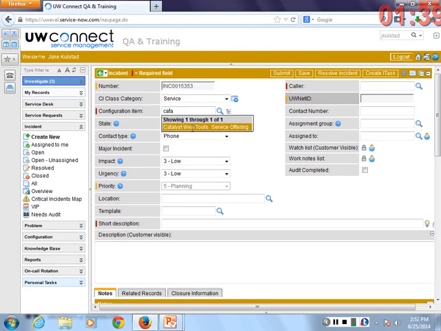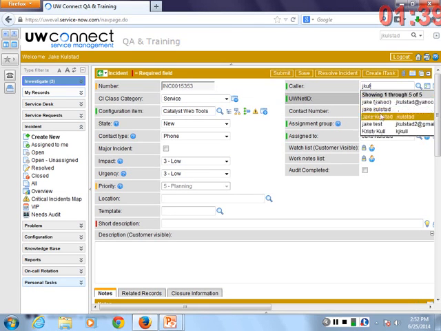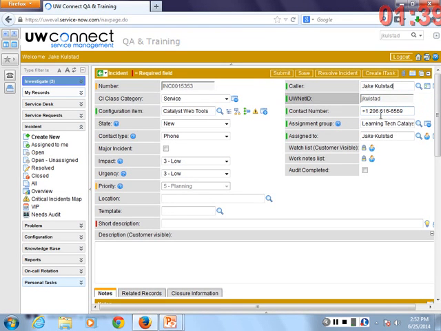We will again repetitively put in our required information. I made a small error. I don't want a client to be the caller here. Okay? I would recommend that a service manager or an incident manager would actually be the caller in this scenario. So I'll select my NetID as the caller in this scenario.